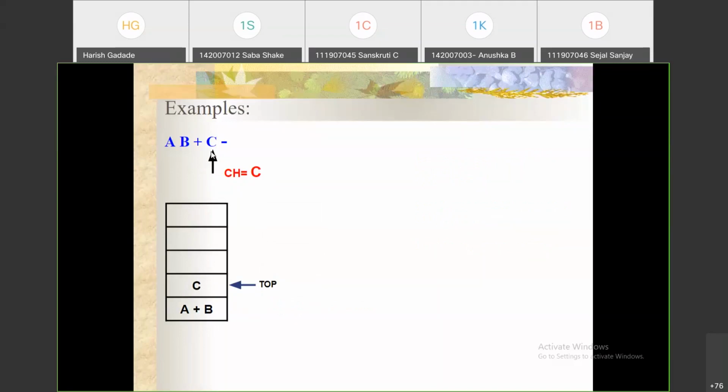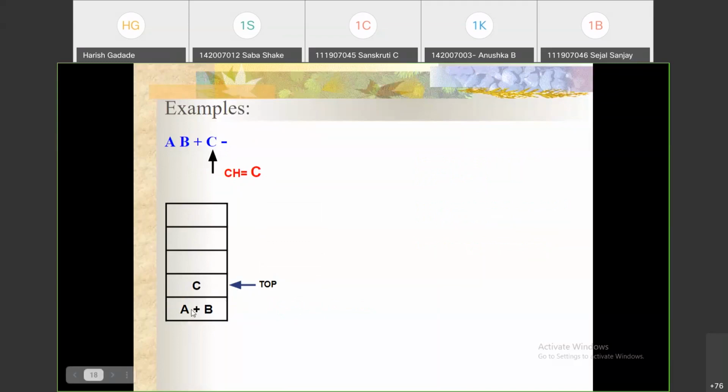Now again the next reading character is minus. As minus is an operator, here again we need to pop these two elements, operand 1 and operand 2. So we do operand 2 minus operand 1.